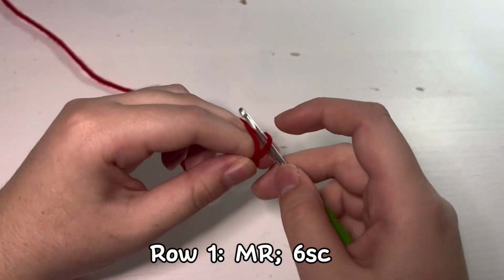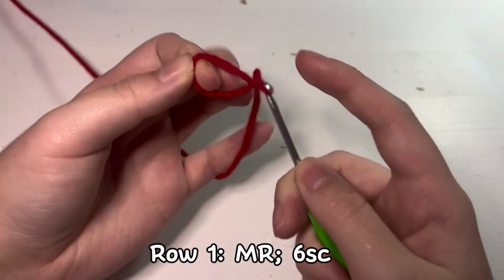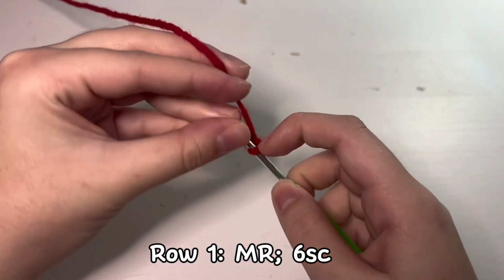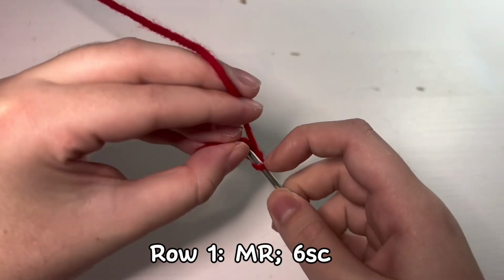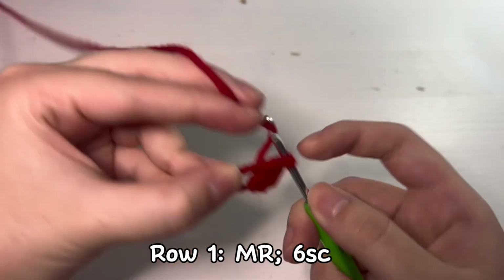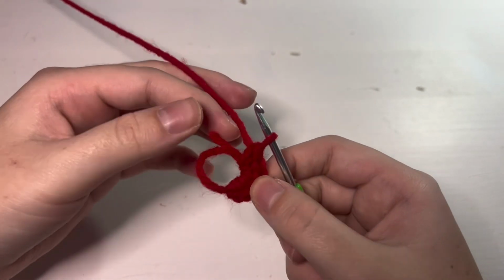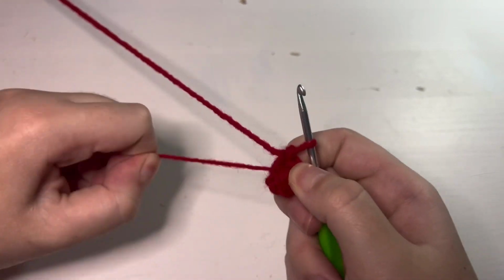We are going to start off by making the eyes. Using the red yarn, we are going to first make a magic ring. Then inside of the magic ring, we are going to place 6 single crochet inside of it. 3, 4, 5, 6. Now you can pull the tail of the magic ring closed and begin row 2 of